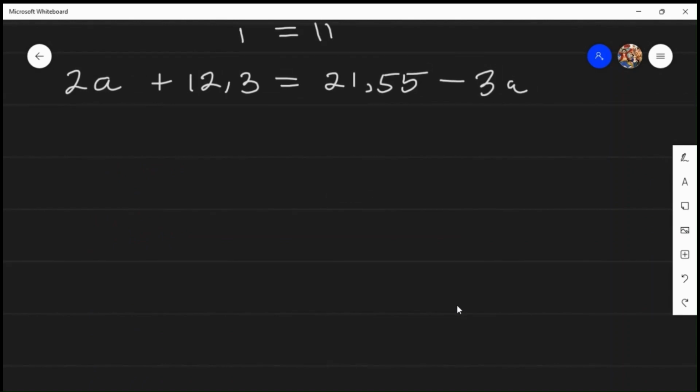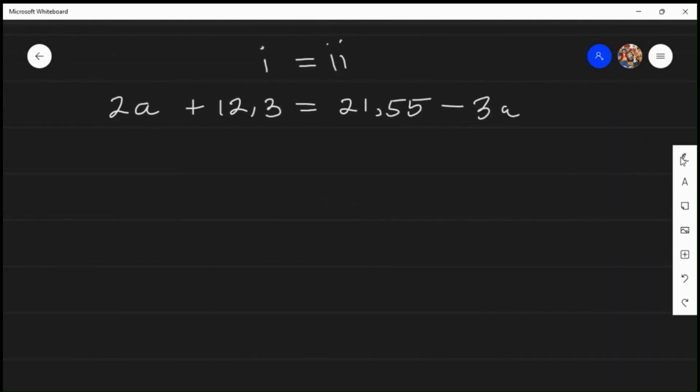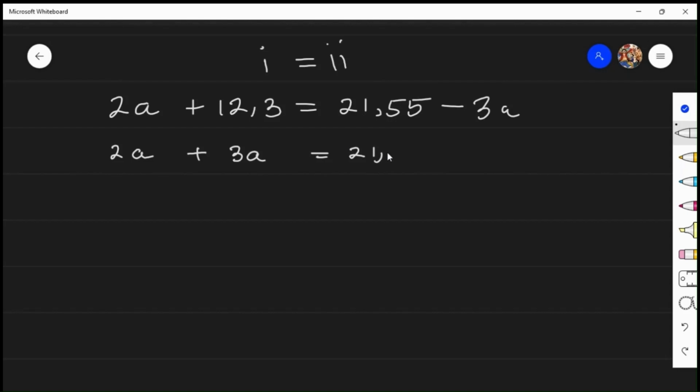So I can now solve for A. In order to solve for A, I'm going to move everything that has A to the left and all the constants to the right. From here, we can see that 2a plus 3a is going to give us 5a, and 21.55 minus 12.3 gives us